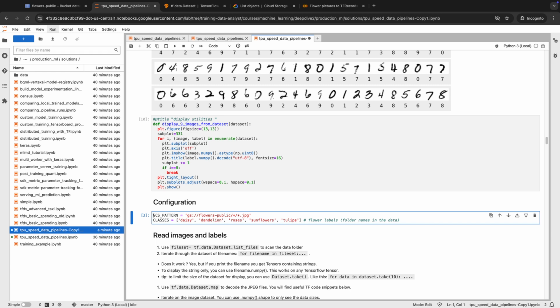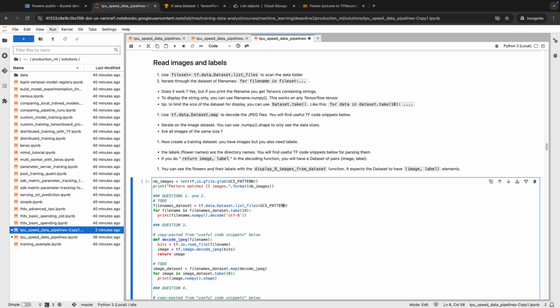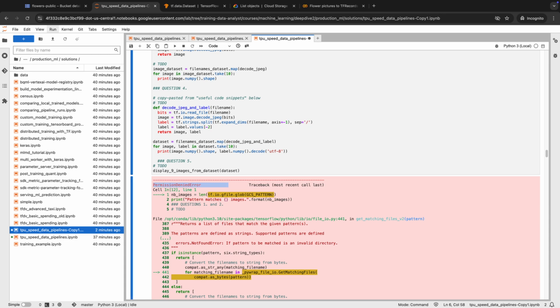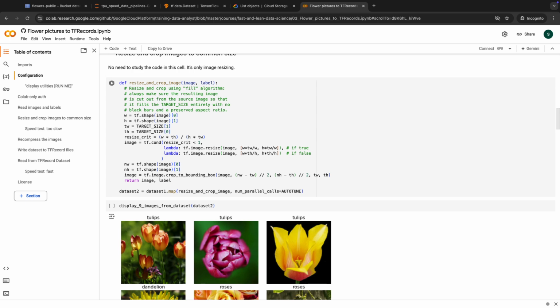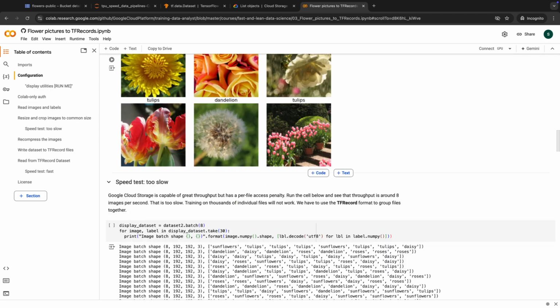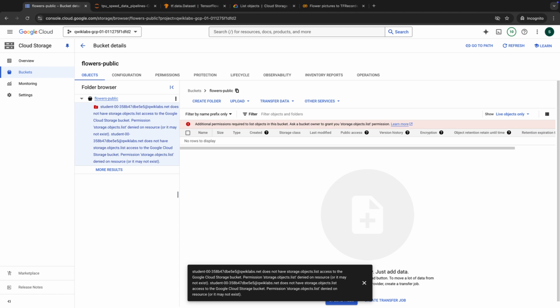Our problem is this GCS pattern. Let's see if this gives an error and how permission denied there. Okay, this is a similar thing. This flowers pictures in TF record in a Google Colab. Here you can see it doesn't have permission to the storage object list access information flow. When I see this,